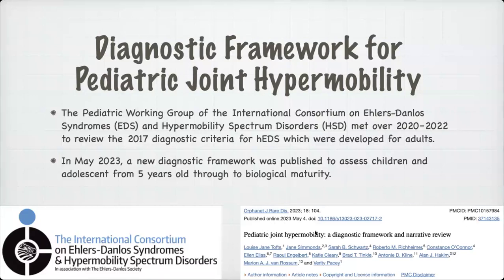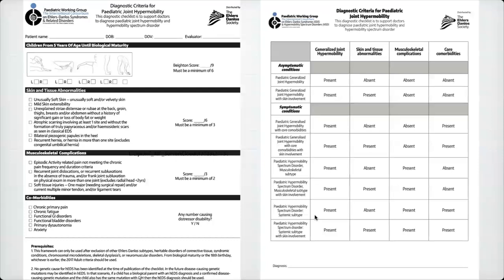If you would like to find this study, I included the picture at the bottom of the stage with the references, and I believe it will pop up more often so you can find it easily. So taking a look at the diagnostic tool, we will dissect this into many pieces to make sure that you understand it fully. So it has 2 pages. The first page is the actual diagnostic form, and the second page includes the 8 domains of different pediatric joint